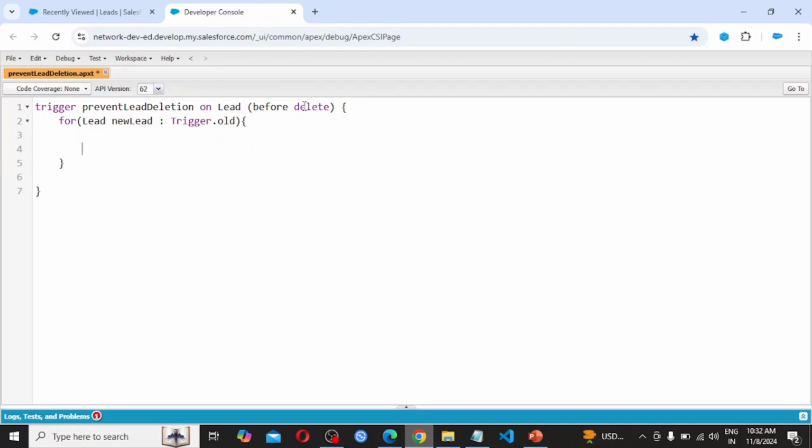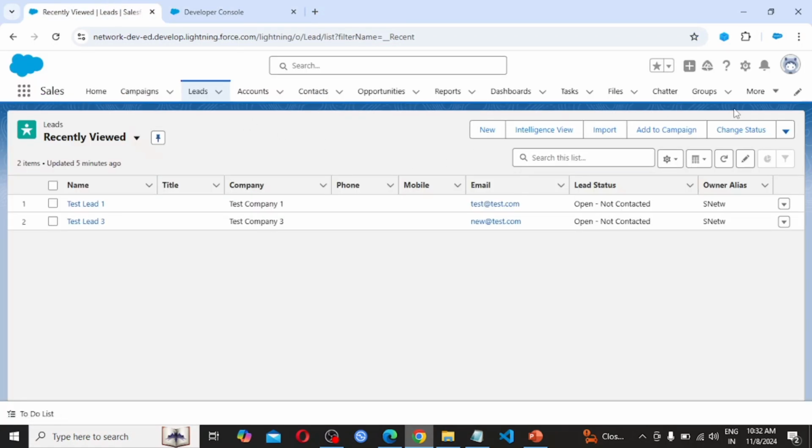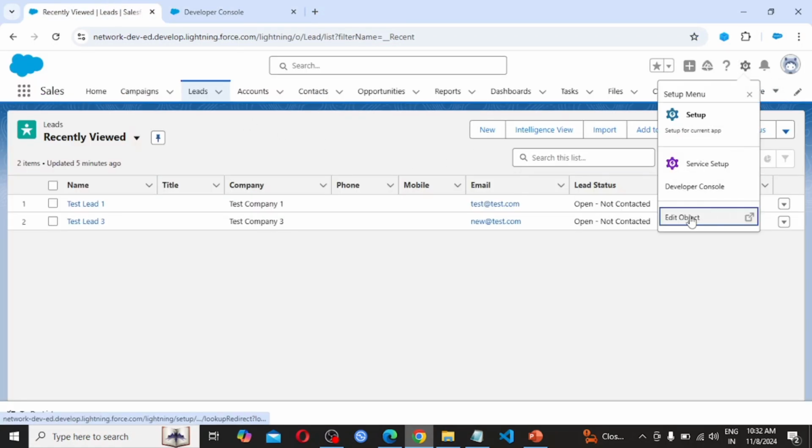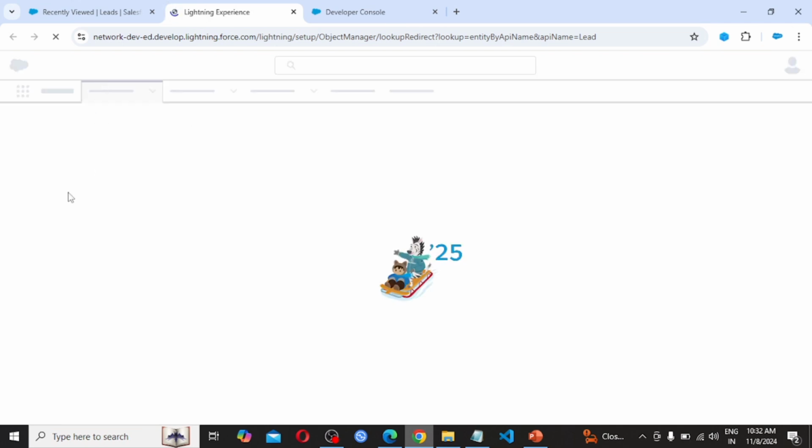Here I am checking if the lead status, that is newLead.Status, double equals. To avoid typos, I am copying from the lead object itself, Edit Object.